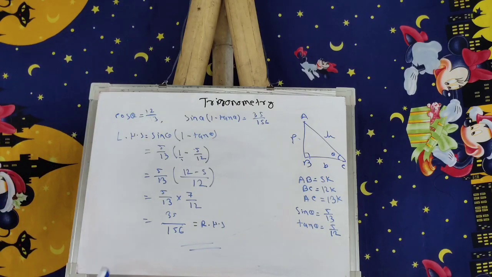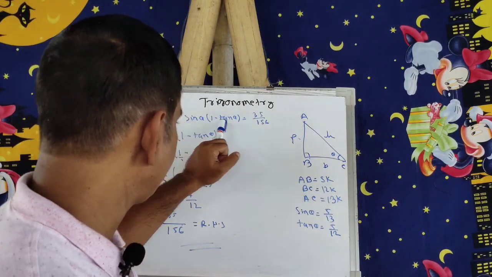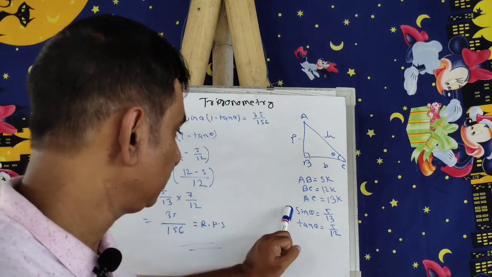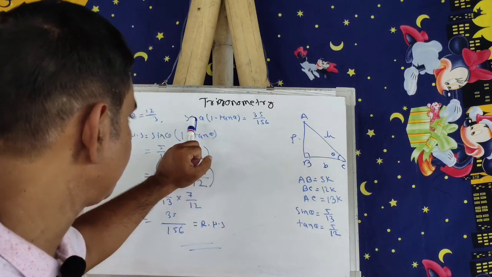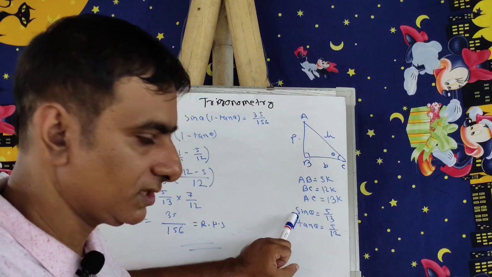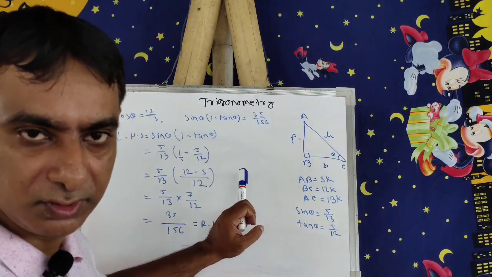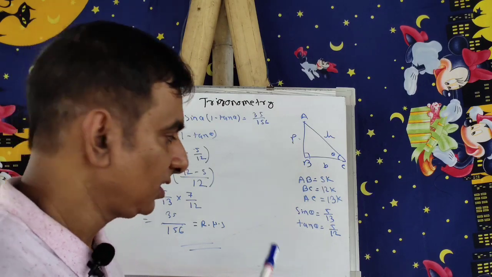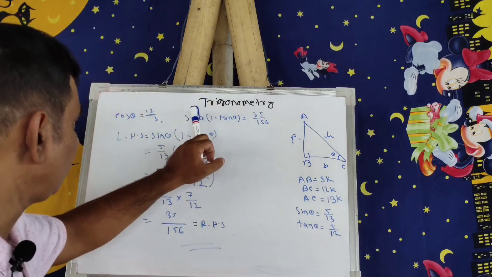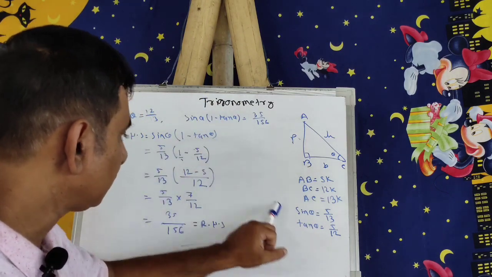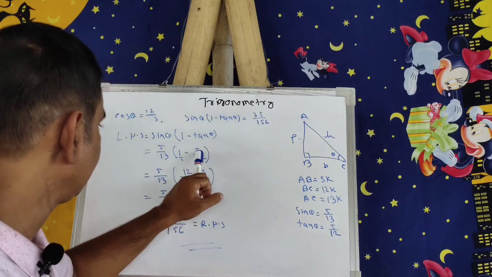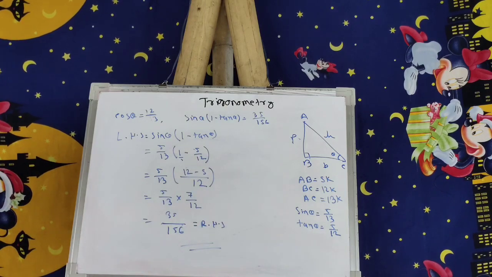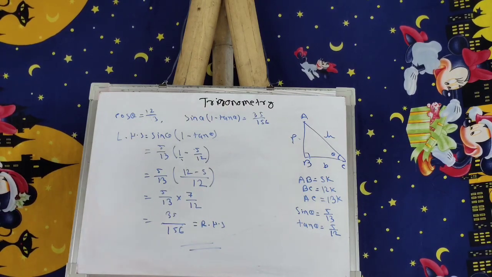Then find out the ratio, according to the question what ratios are required, find out that ratio. For example, in this question, sin theta and tan theta are required. So, I find out the value of sin theta and tan theta. Somewhere maybe cos theta, tan theta required, then you may find out cos theta and tan theta, no need to find out all the ratios. After that, you just substitute the value wherever it is in the question. See here, in place of sin theta I have substituted the value of 5 by 13. After that, just a simple calculation, this is so simple.